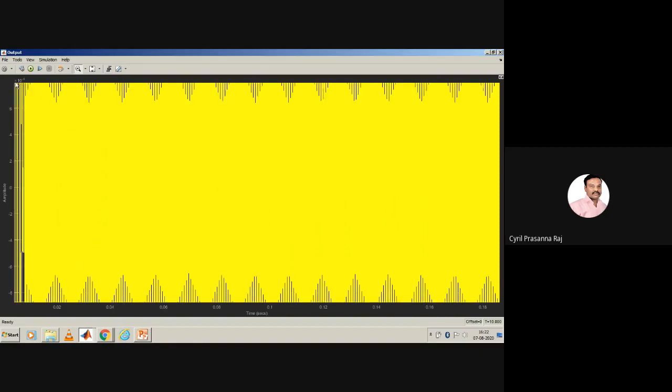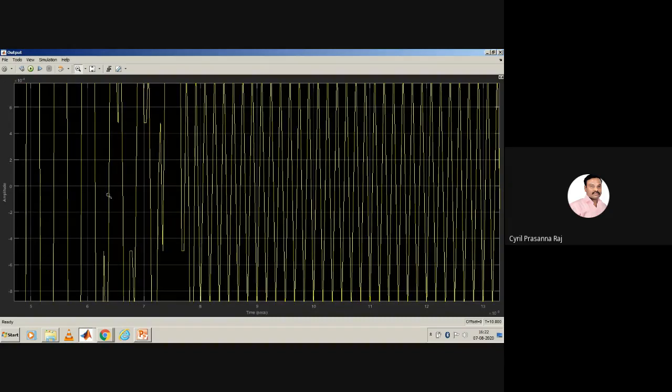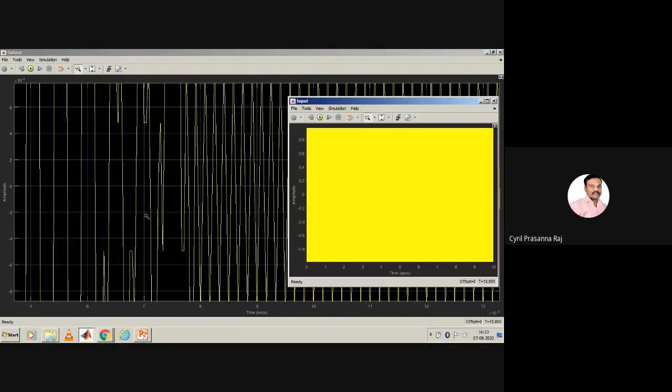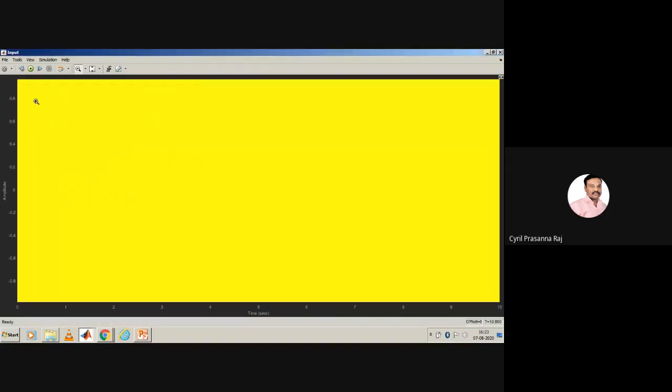This is the amplitude we get. And this is the output we have, but the amplitude is 10 power minus 4. 10 power minus 4 is a very, very small value. But if you see the input, there is no scaling factor of 10 power minus 4. That means the amplitude is equal to 1 volt. Peak to peak is 1 volt.